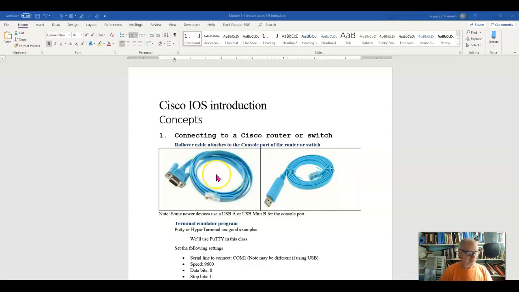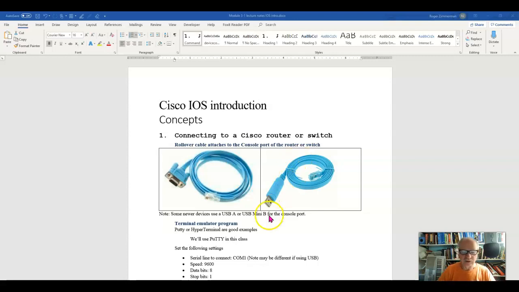They're usually a flat cable. In fact, I have one right here. This one is like the first picture you see here. It's got an RS-232 serial port on one end. This goes in some of the older style of PCs. And then on the other end, I've got an RJ45 plug that goes into the router or the switch, in the console port in the back of that switch or router.